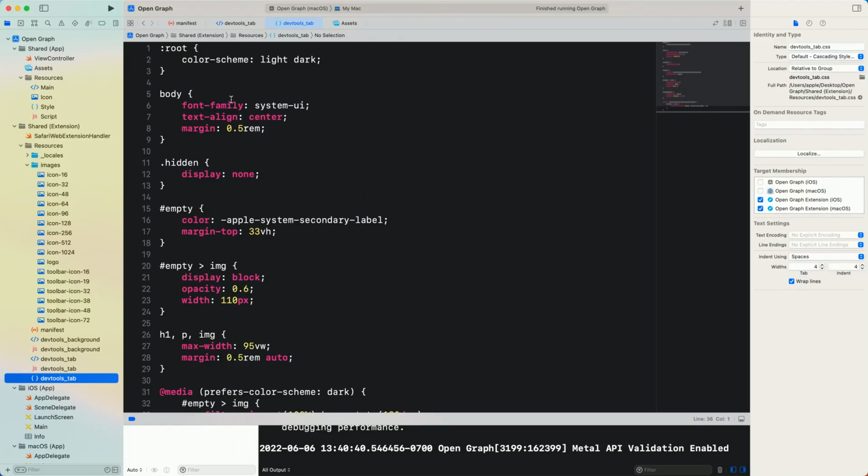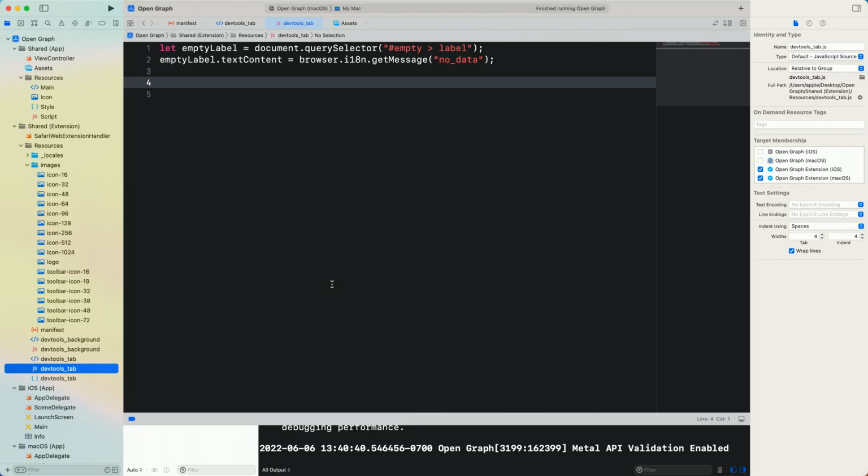I want to make sure that my DevTools tab fits in with the rest of Web Inspector, so I declared a root color scheme property that will make my DevTools tab match the appearance of the rest of Web Inspector. I'm using a system font family and inheriting the font size, and matching the colors of more important text. As far as functionality,